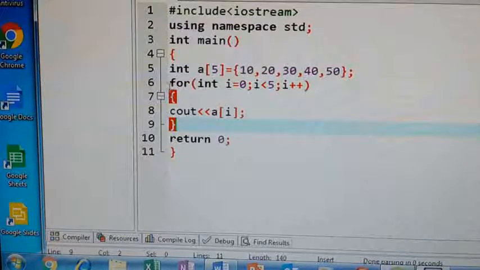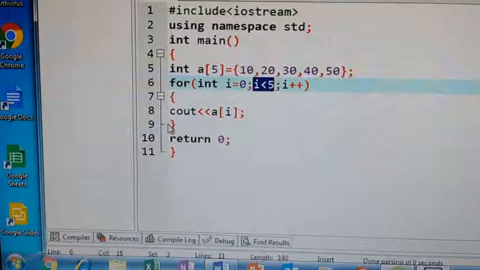Now for int i equals to 0, i less than 5, i plus plus, means here 10's index number is 0, and 20's index number is 1, 30's index number is 2, 40's index number is 3, 50's index number is 4. So 4 is less than 5, so that is why I have given 5.